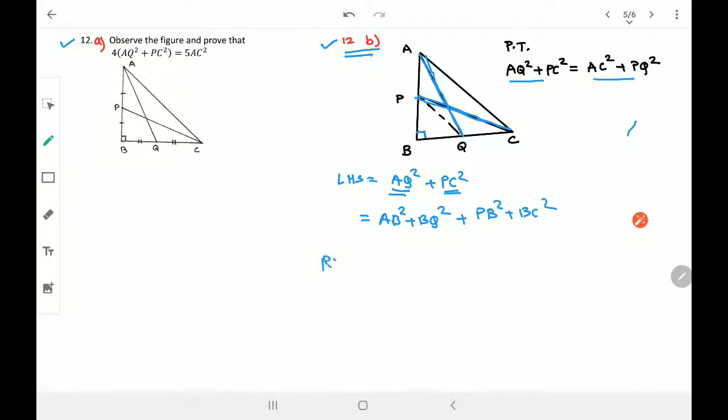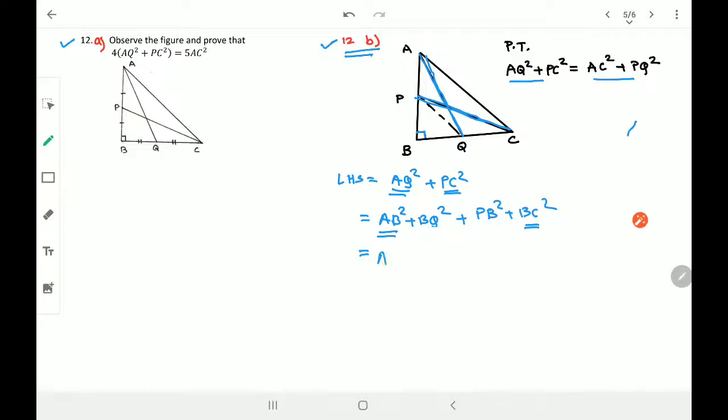Fine. I'll go for RHS. Now that's the problem. Normally we don't understand till where we have to simplify. So after this I did not simplify. After this particular one I did not simplify. If you want to simplify, you can do that as well. I'll just show you. Look, try to understand. Look, AB square plus BC square.